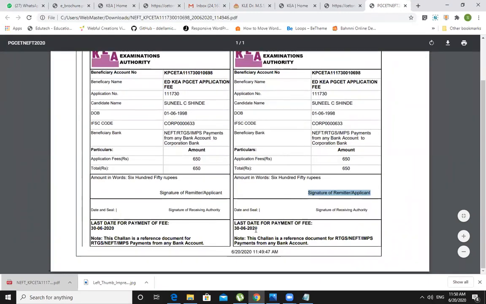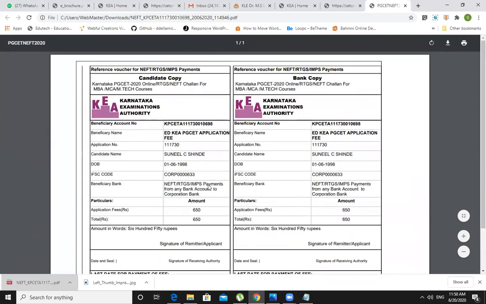Okay. So last date for payment of fee is 30th June. So here what you need to do is go to that Corporation Bank, fill this challan, and the bank will retain this bank copy. You need to carry this candidate copy with you till the admission process completes.